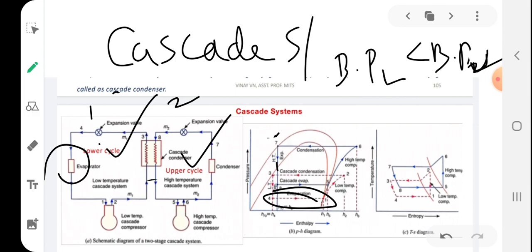If you have any doubts, you can contact me, and in the next session we are going to learn about refrigerants, their nomenclature, properties and all. It's a very important topic that you should learn. And in the third section, after studying refrigerants, we will study the vapor absorption system. Here we have studied the vapor compression system, and there we are going to learn the vapor absorption system.